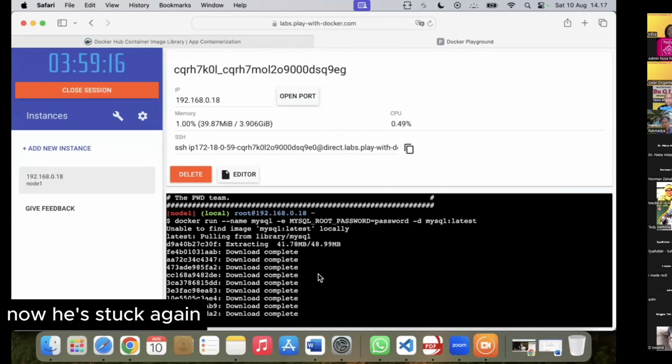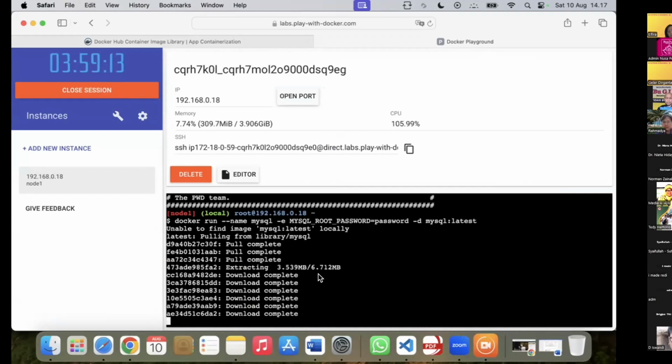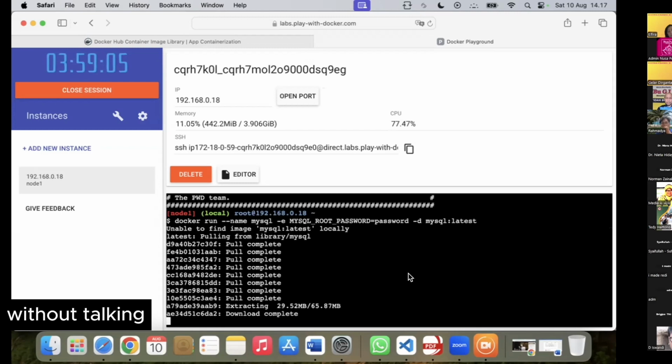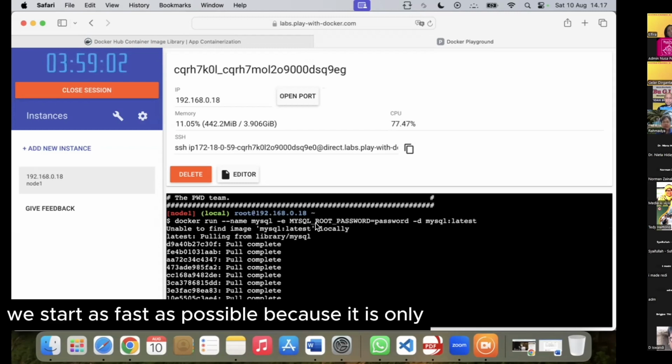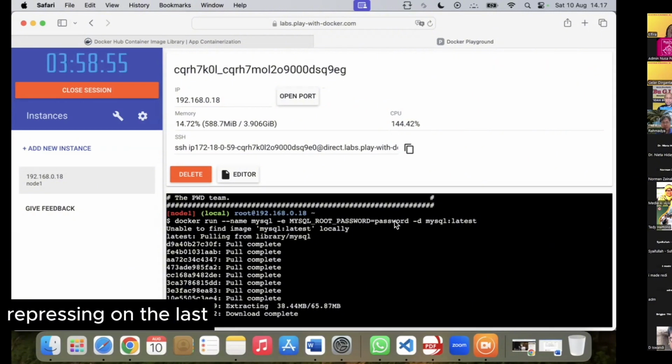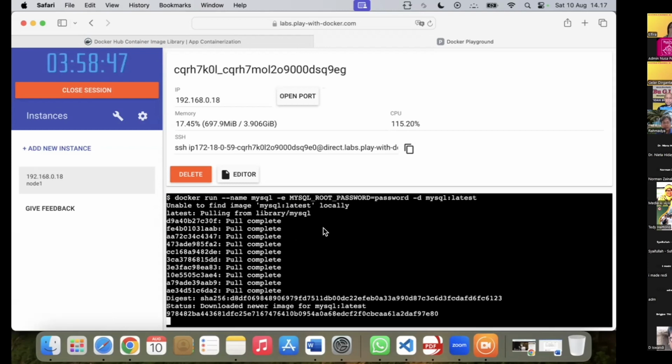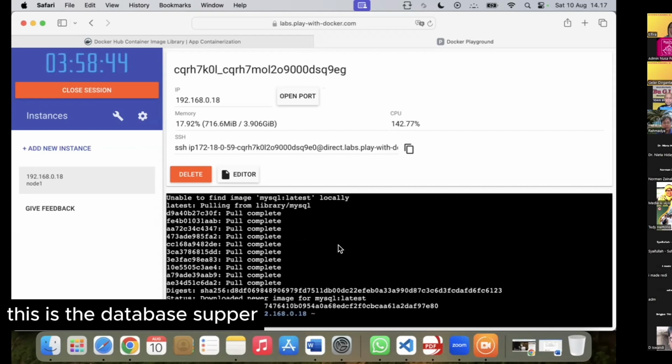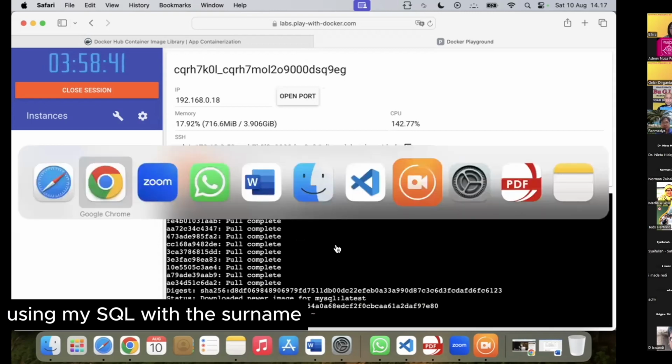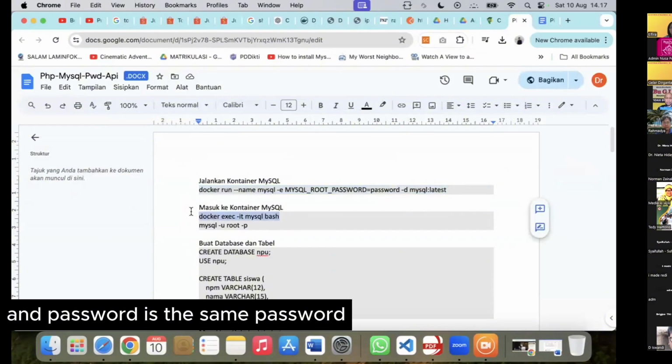And we start again without token. We start as fast as possible, because this is only refreshing from last week, yesterday. This is the database server using MySQL with root username, and the password is the same.